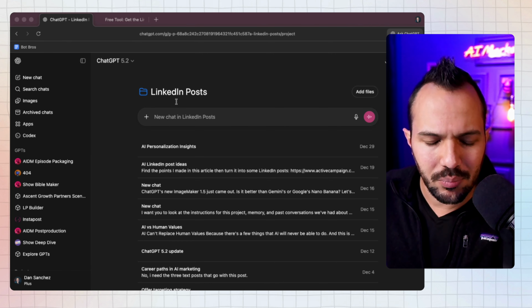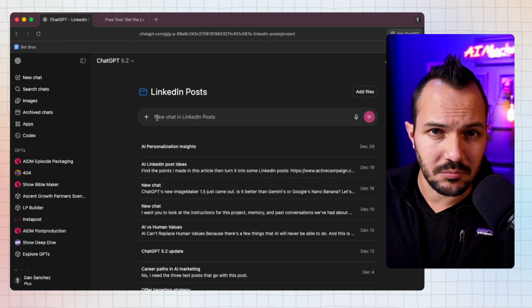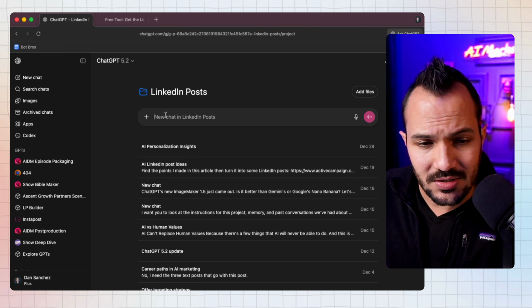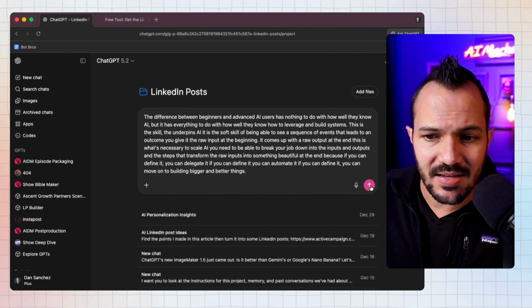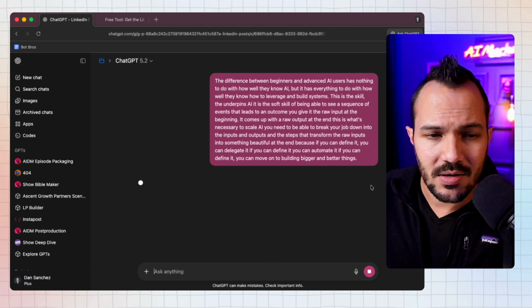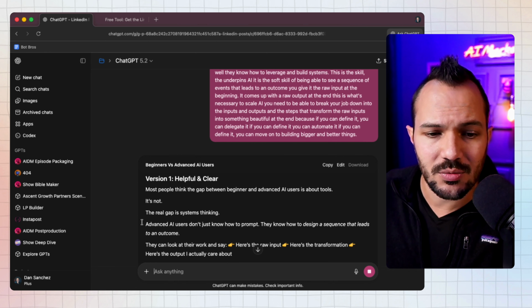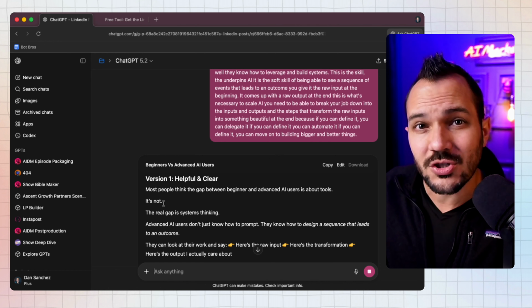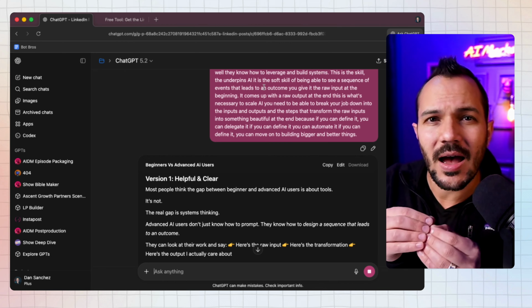So, the little tool I made that I've built into this project, I'm going to give it away to you as a custom GPT, so you can build it into a custom GPT or a project. I'm just going to copy and paste that in here as if I had just dictated it, and I'm going to click go. Now this little tool does one thing. It actually looks at it and puts it into a canvas, and it comes up with 3 different versions of this one post.